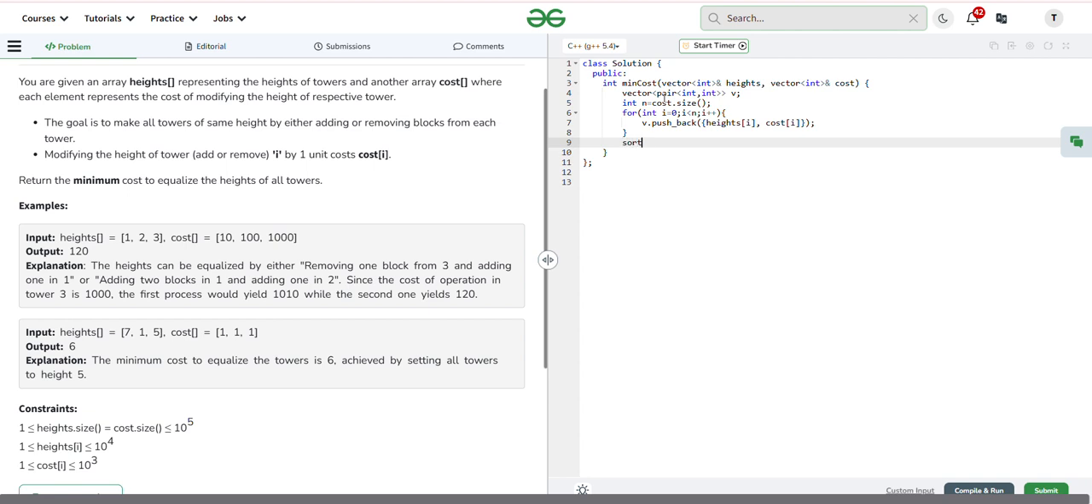Now I will be sorting the V vector. Basically, the sort function by default sorts in ascending order. Now I will consider two vectors. One is going from left to right, and the other is going from right to left, which I am representing as L to R, and right to left is R to L,